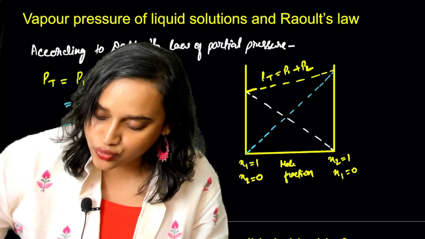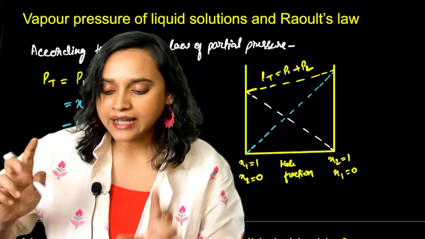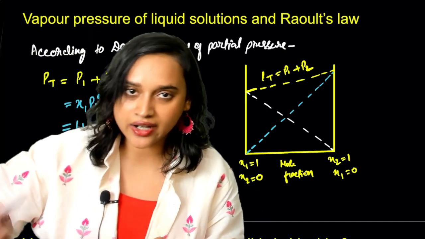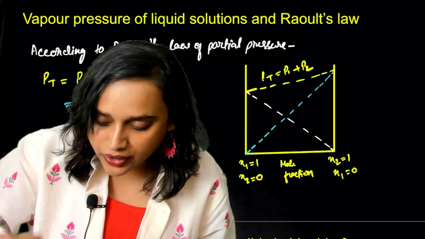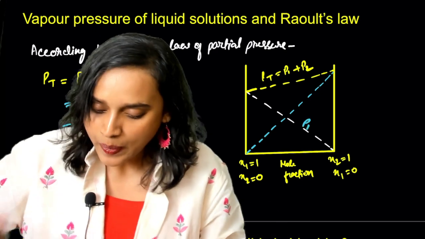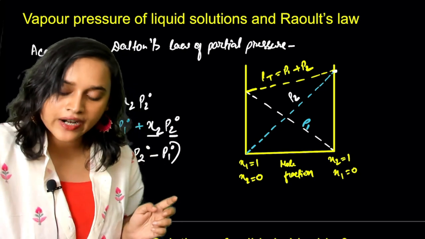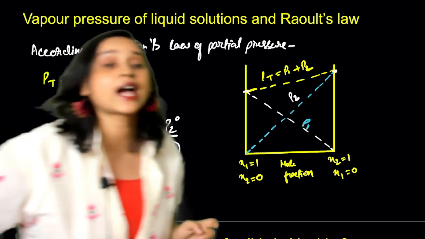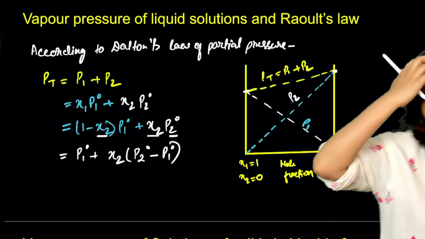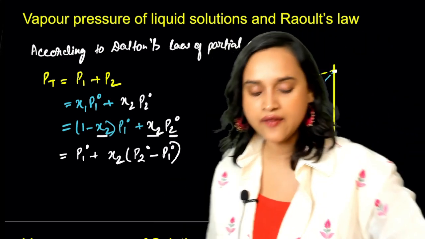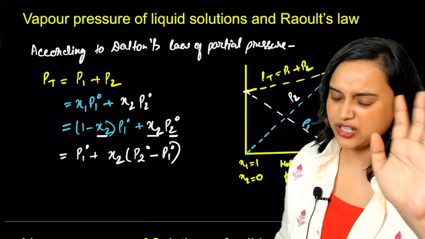Here is where chi 2 is this thing. Actually, sorry, when I was explaining, I have interchanged it, everybody. So this is going to be for your P1 and this is going to be for your P2, because look at this. This is where the mole fraction of chi2 is equal to 1 and this is where the mole fraction of chi1 is equal to 1. So this is how the graph looks like. I'm pretty sure that you have understood this.